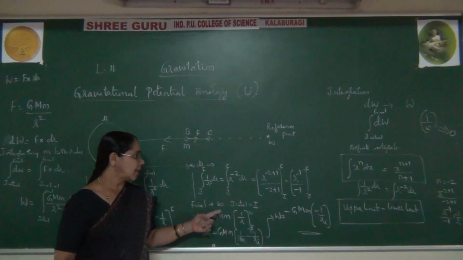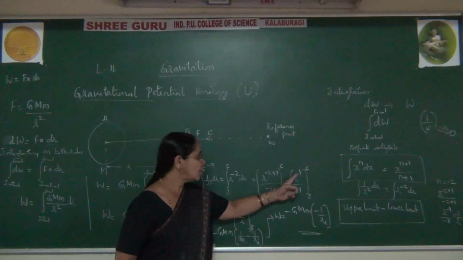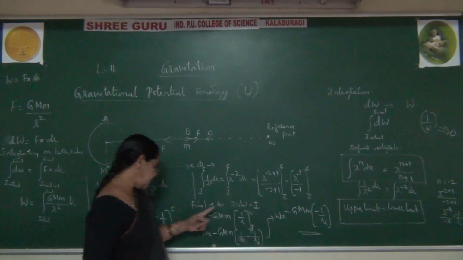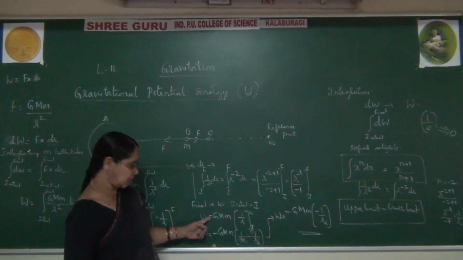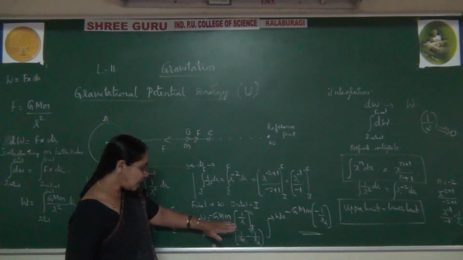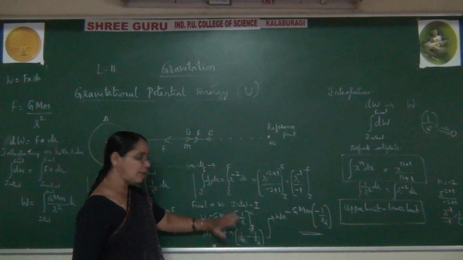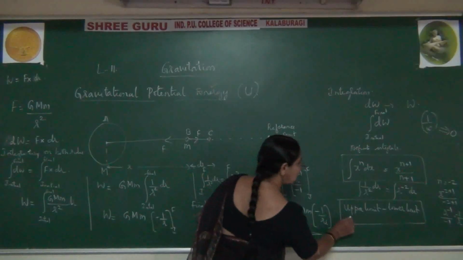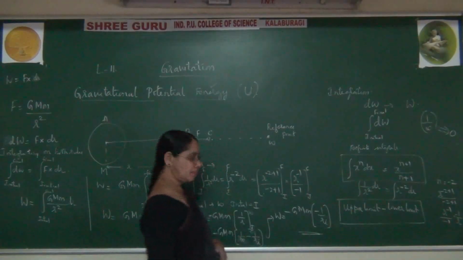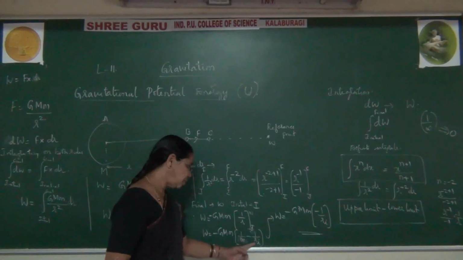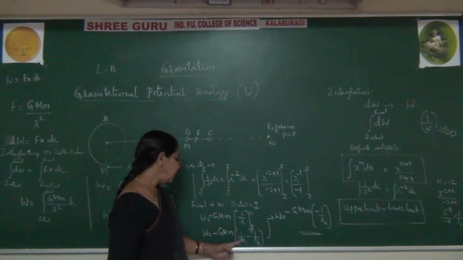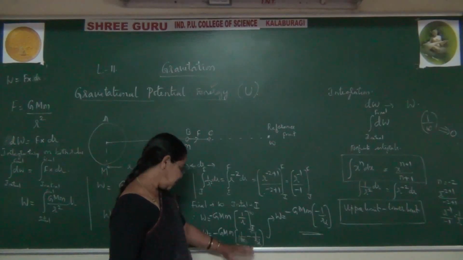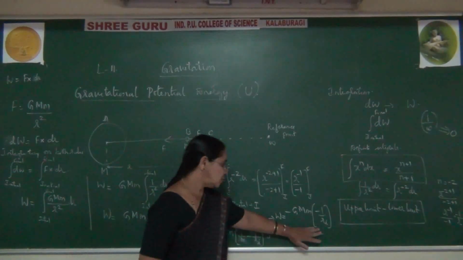After getting this, since it is r to the power of minus 1, we can write 1 by r. Since it is minus here, I take the minus outside. We get this in the expression. After completing integration, we take the help of limits. Again we have one formula: upper limit minus lower limit. Using that, we write this. Now we know 1 by infinity tends to 0, and this will become 1 by r. This is the work done. We got this one.